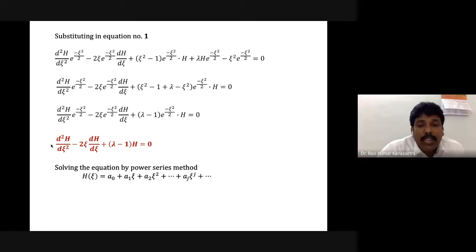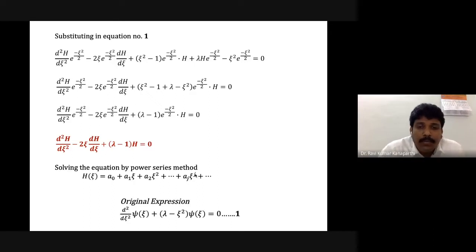I want to write down a general term, that is aj multiplied by z to the power j. This is a general term. As you can see from the initial terms, in a2 there is a 2, and the power of z is also 2. So I am just introducing a general term, aj z to the power j. If the subscript is j, then the power of z also has to be j. That's all it is.